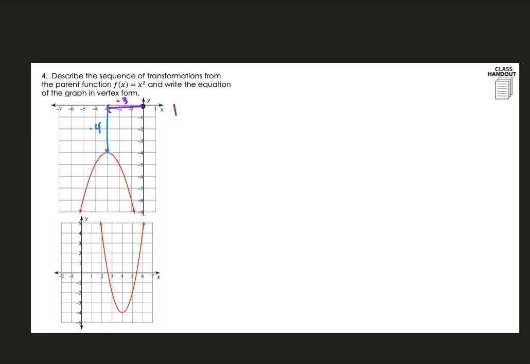So that's going to tell me that h is -3, which means we had a horizontal translation left 3. And then that means k is equal to -4, which means we had a vertical translation down 4. So now to figure out our value of a,